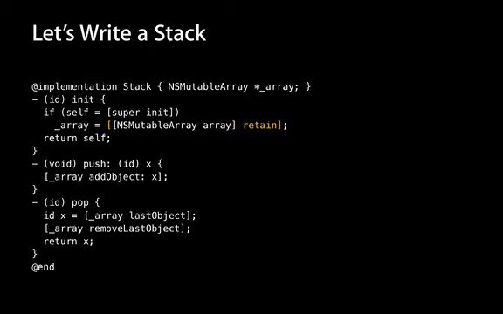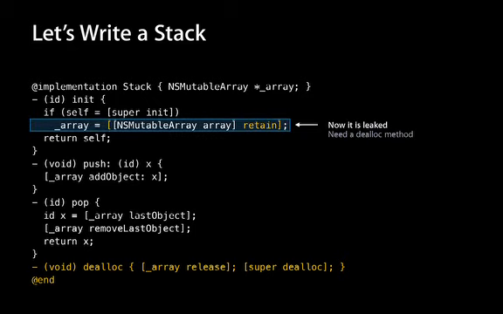Now, because we retained it, we need to balance this out. We need to add a dealloc method. In our dealloc method, we'll release the array to prevent a leak, and we'll make sure to call super dealloc so that way our parent class can actually clean up. What else are we missing? Well, now that we've balanced this out,